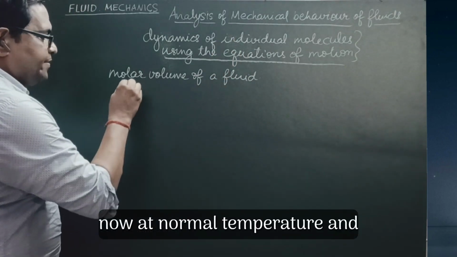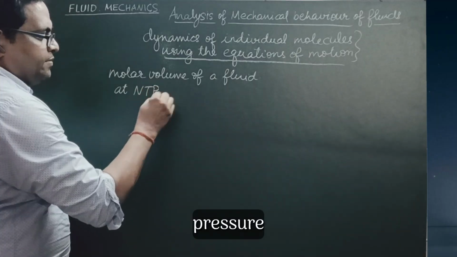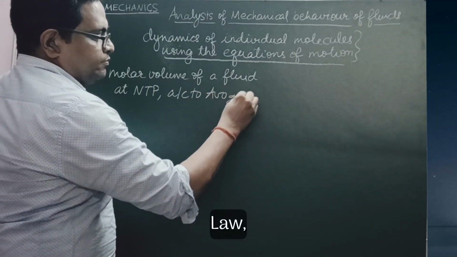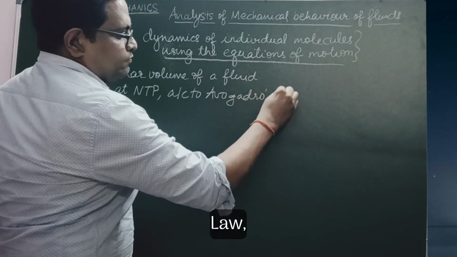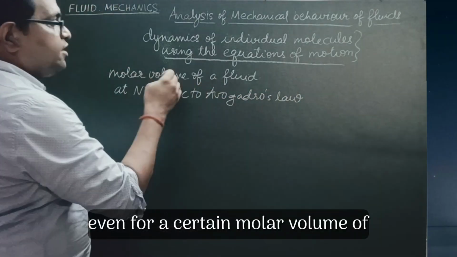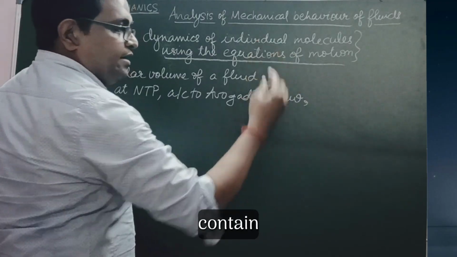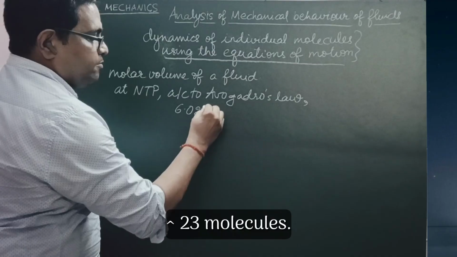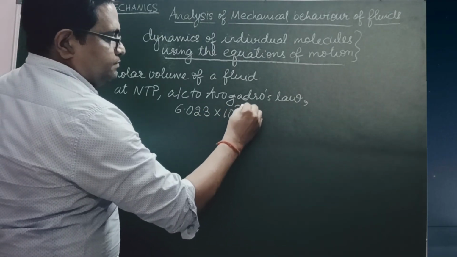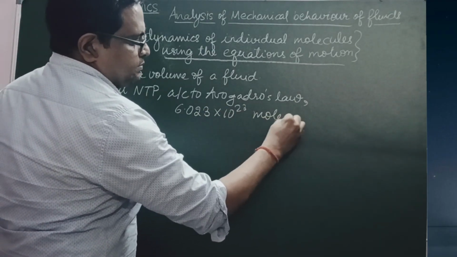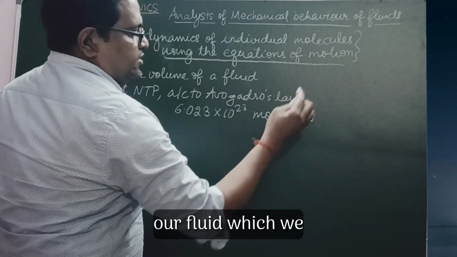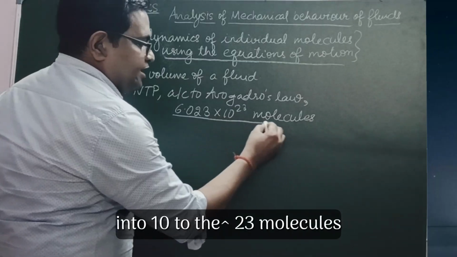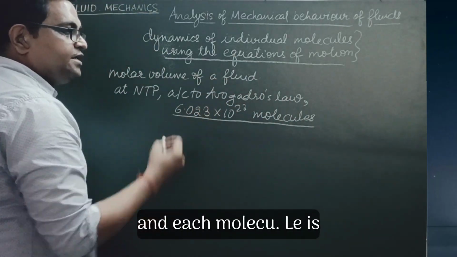Now at normal temperature and pressure, according to Avogadro's law, even for a certain molar volume of fluid, it will contain 6.023 into 10 raised to the power 23 molecules. So our fluid which we have considered contains 6.023 into 10 raised to the power 23 molecules, and each molecule